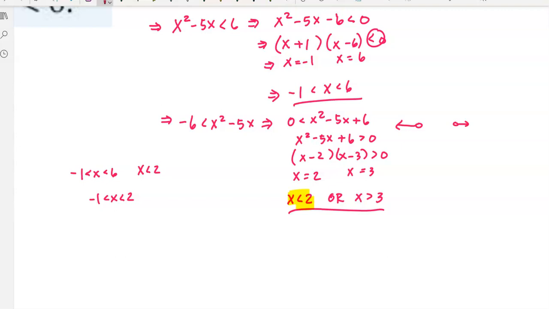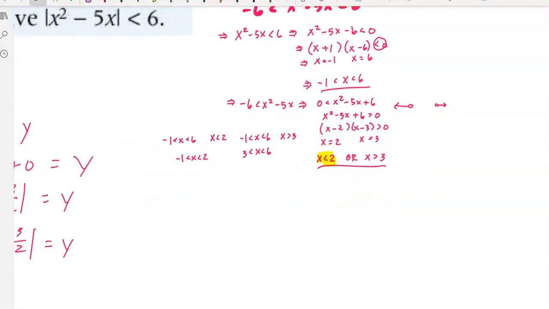Then if I look at the rest of it, -1 is less than x is less than 6. Now, this -1, and I add x is greater than 3. The -1 could change, and it has to be between 6 and 3. If I graph this,